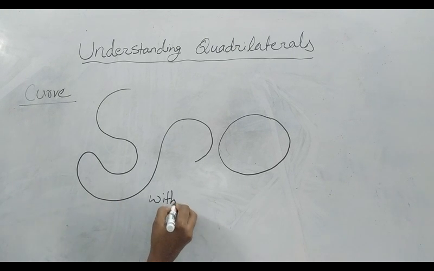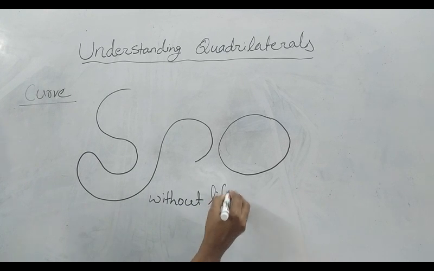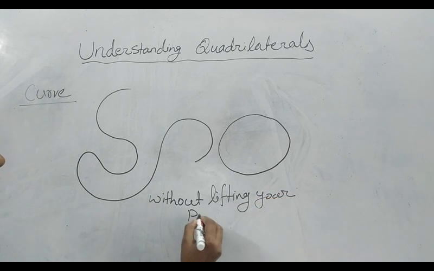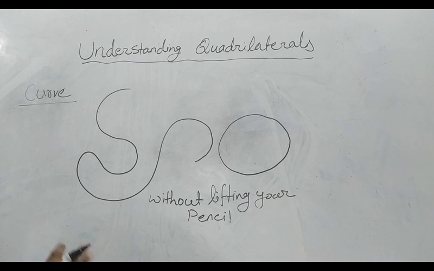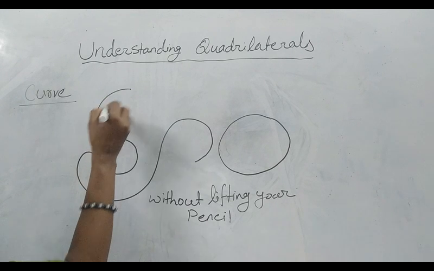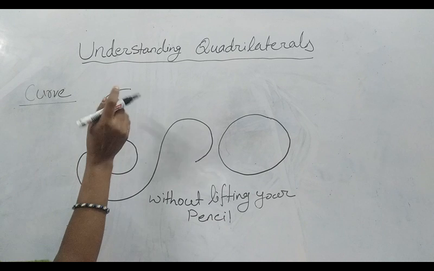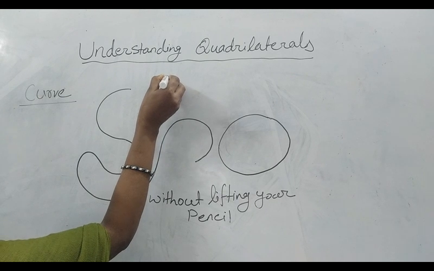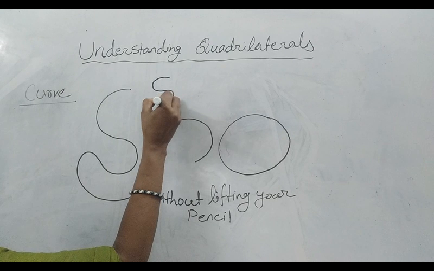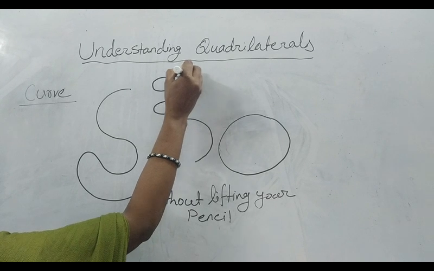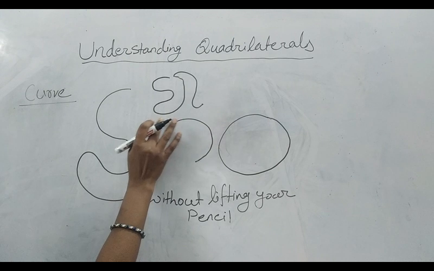Without lifting your pencil, that means पेंसिल को बिना उठाए, एक बार जहां पर हम पेंसिल या पेन को रख दिए, फिर वहीं से फिगर ड्रॉ करना शुरू करते हैं, पेंसिल उठाना नहीं है और फिगर को फिर से दोबारा ड्रॉ भी नहीं करना है। एक बार जब हम पेंसिल जिस पॉइंट पर रखे, उस पॉइंट से हम पेंसिल को बिना हिलाए कोई भी फिगर ड्रॉ कर सकते हैं, चाहे वो क्लोज हो चाहे वो ओपन हो।